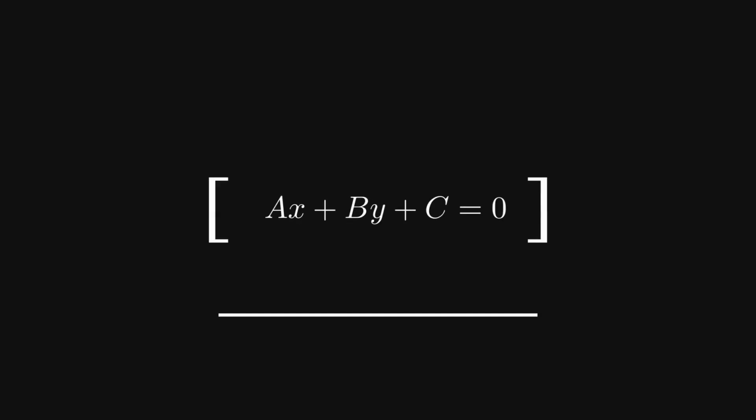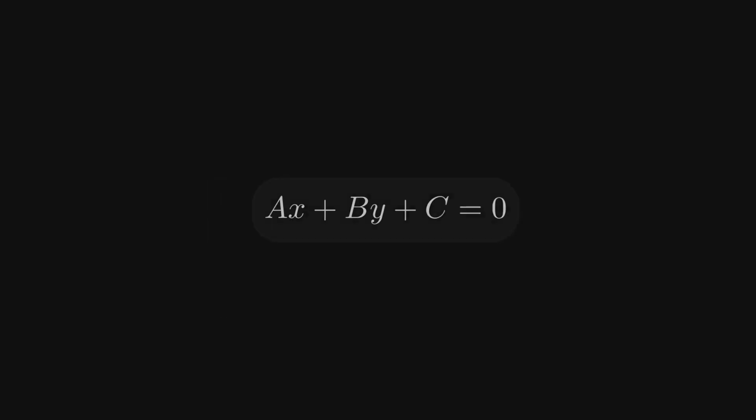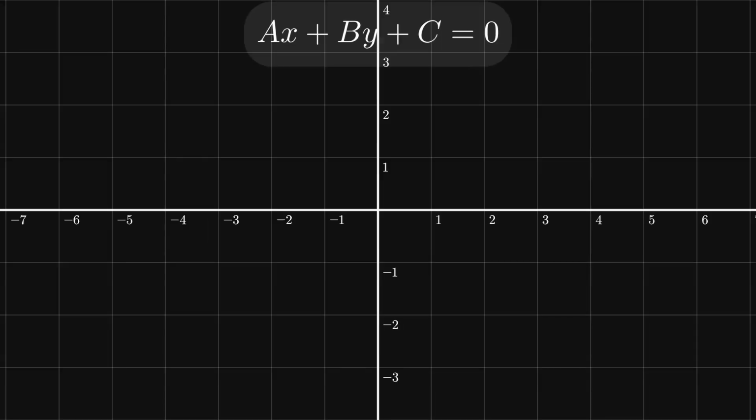This is the general form of the straight line, which means every possible linear equation having two unknown variables always represents a straight line. And this equation is the general form of all such linear equations. This video is about exploring this general equation, and we will try our best to understand the phenomenon that is